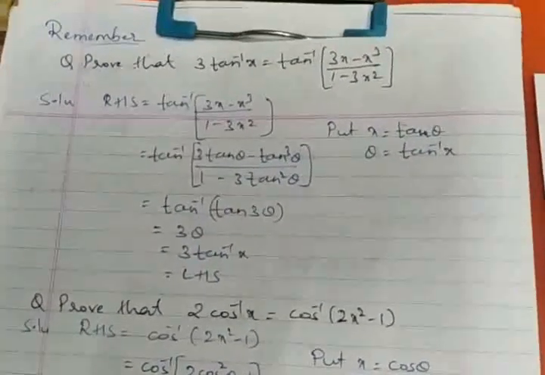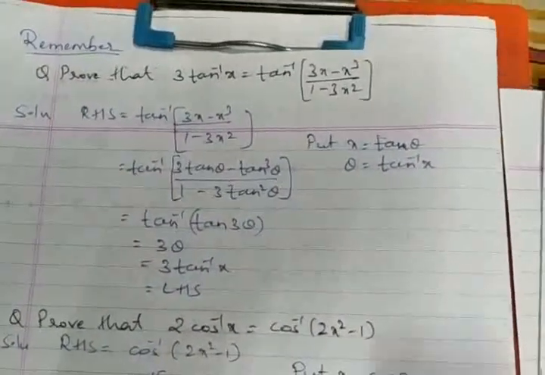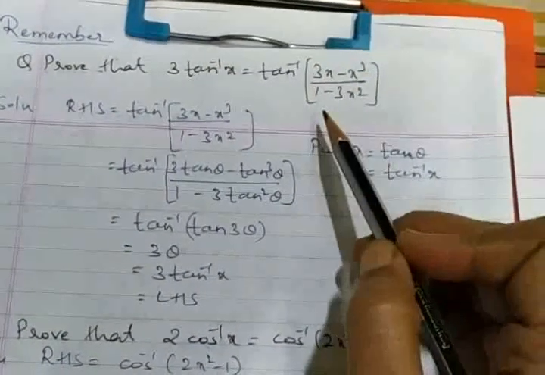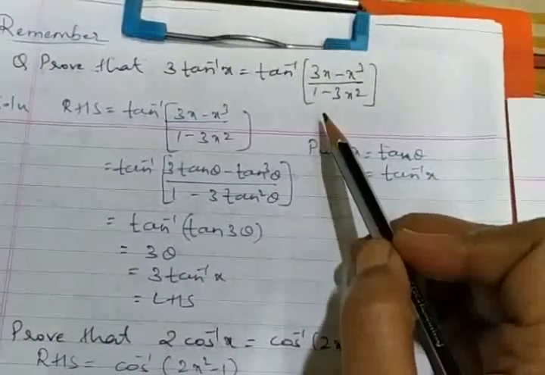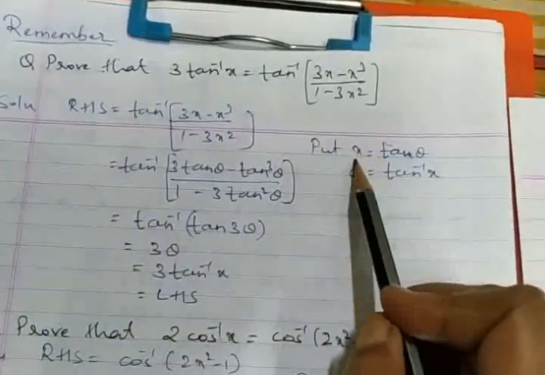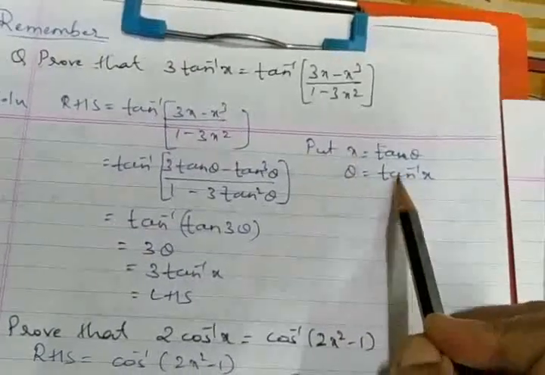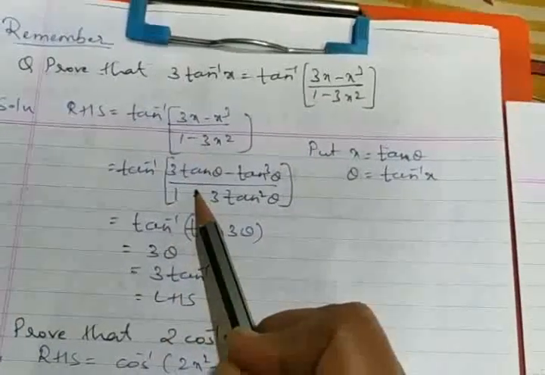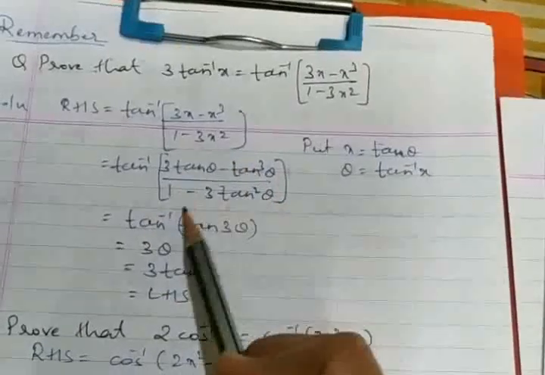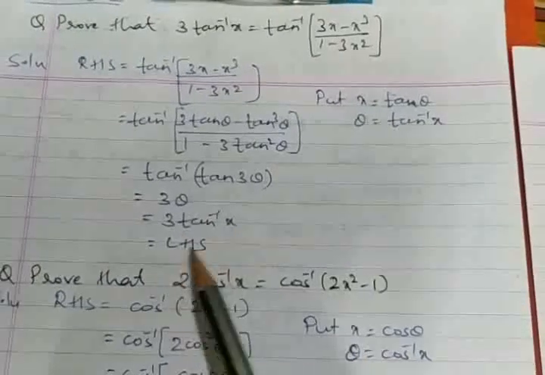The next question here we have, prove that 3 tan inverse x is equal to tan inverse of 3x minus x cube, denominator 1 minus 3x square. After seeing the term, last class also I gave the chart. I hope you remember the chart. All the formulas were discussed with you earlier. So you need to start with RHS here. Put the value x is equal to tan theta, theta reversed back, I should say tan inverse x. Back to the RHS, put the x value, we find 3 tan theta minus tan cube theta divided by 1 minus 3 tan square theta, which will reduce to tan 3 theta. Therefore, 3 theta and 3 tan inverse x, that is LHS.